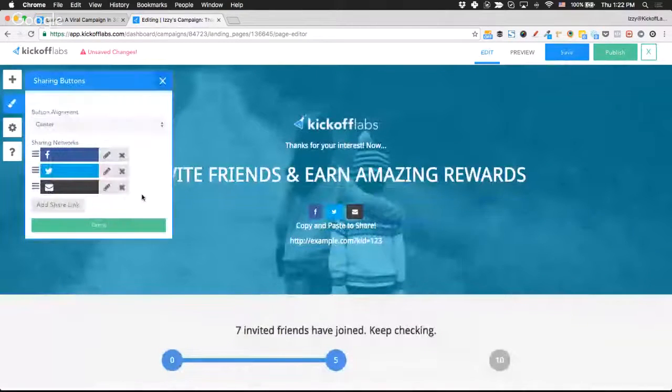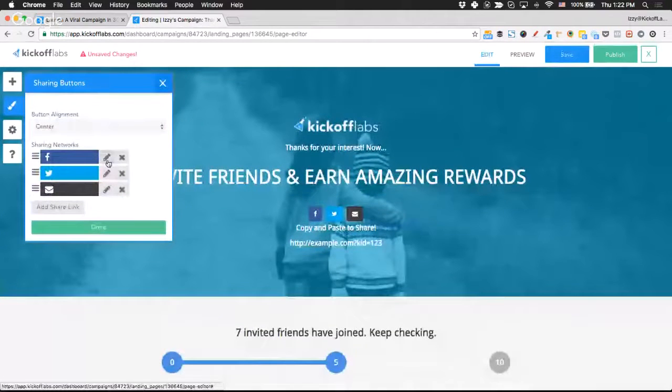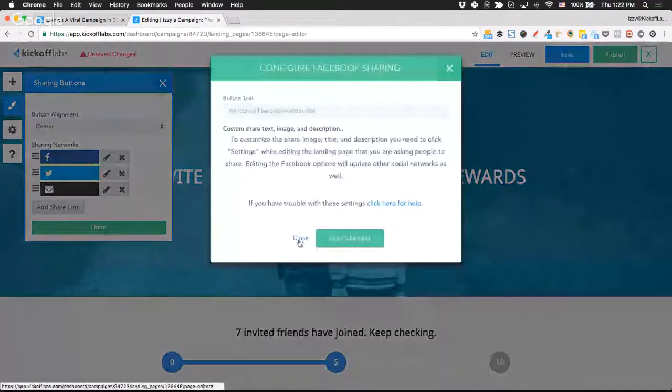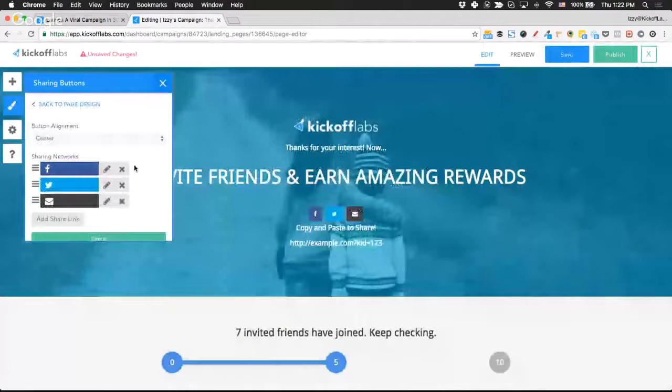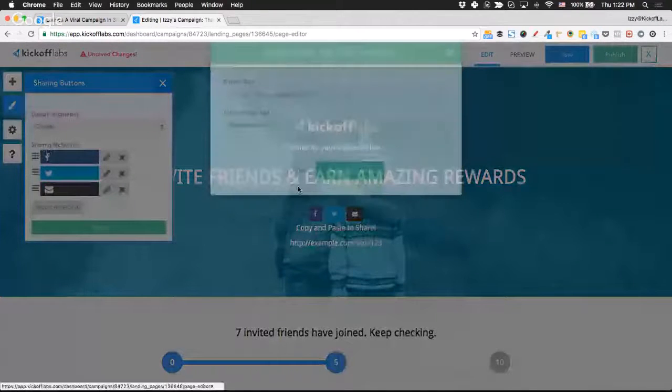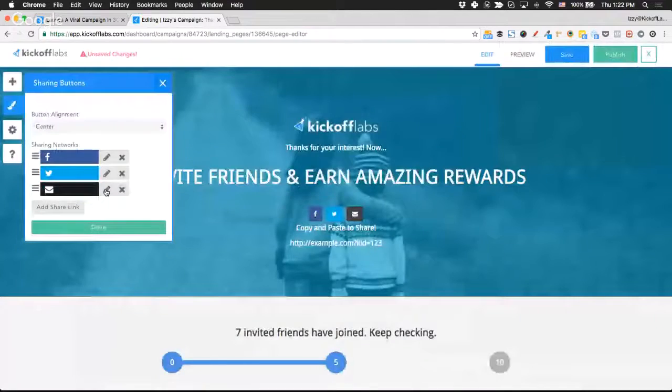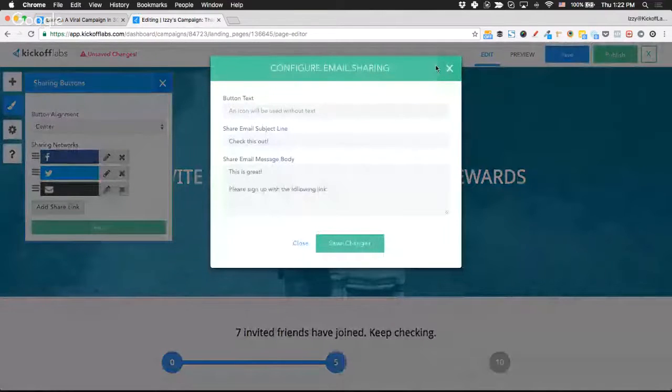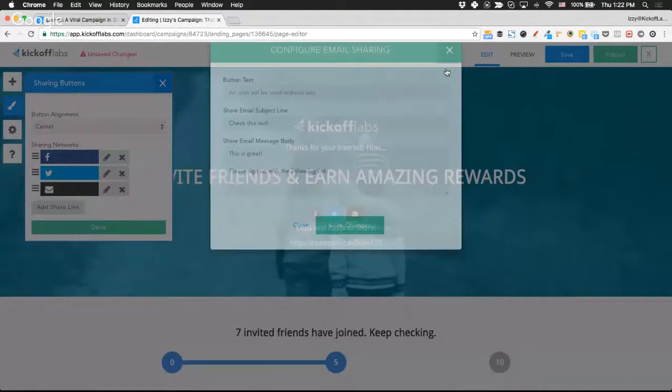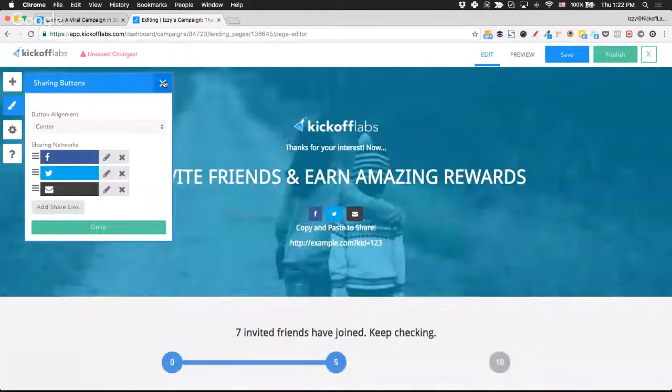So what I generally recommend doing is filling out the same information that you have filled out on the sign up page, like on the main sign up page. In most cases you want to fill it out from there. So you might have this Twitter one, and you might have this email one. The best practice is to fill out the same share text or the same share message that you use on the sign up page. Put it in the thank you page too, just in case people share either or. I mean, basically you do want people sharing the sign up page, but just in case people share either of them.